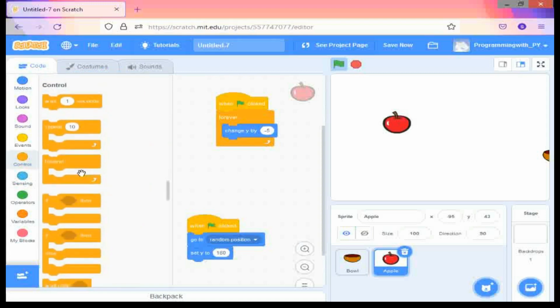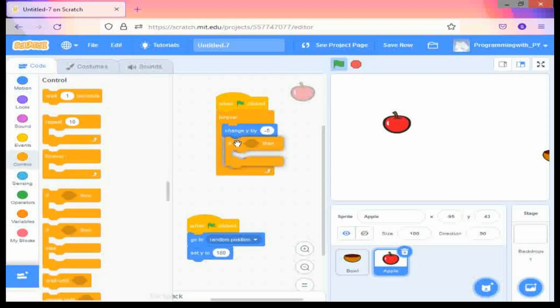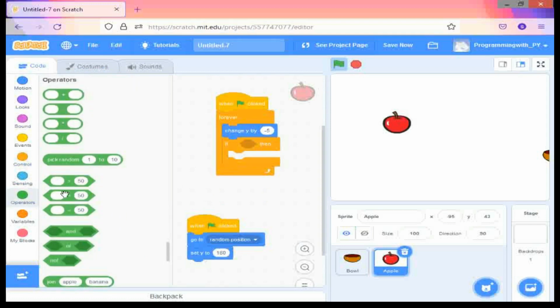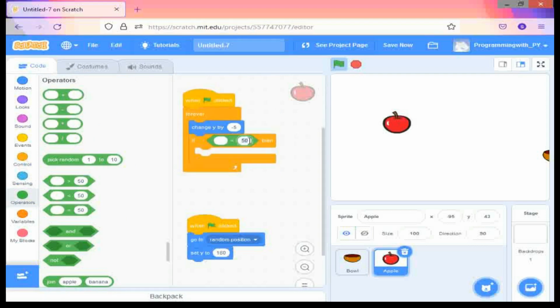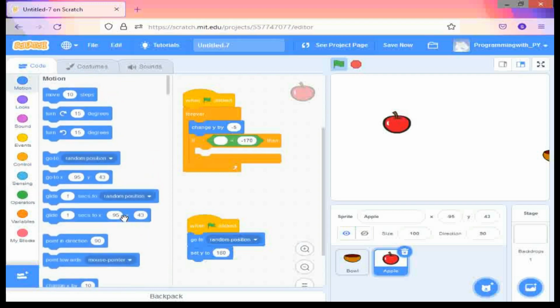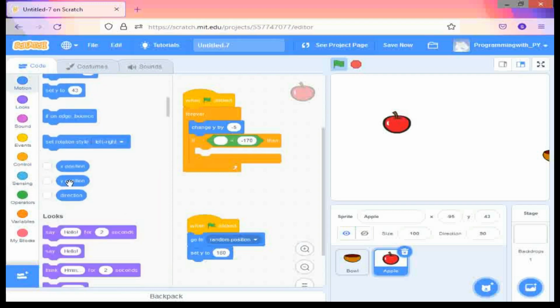Now go to control, take this if then statement and go to operators, take this smaller than and paste it here and change this 50 into -170. And now go to motion, scroll down, take this y position and paste it here.